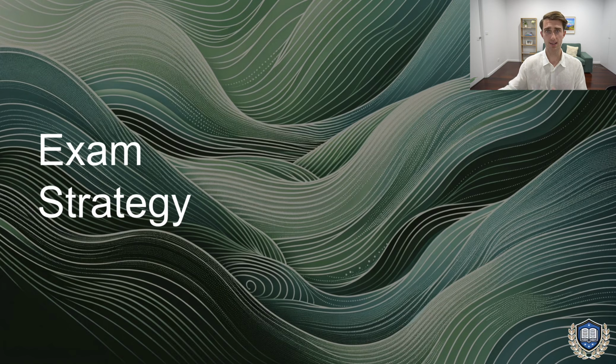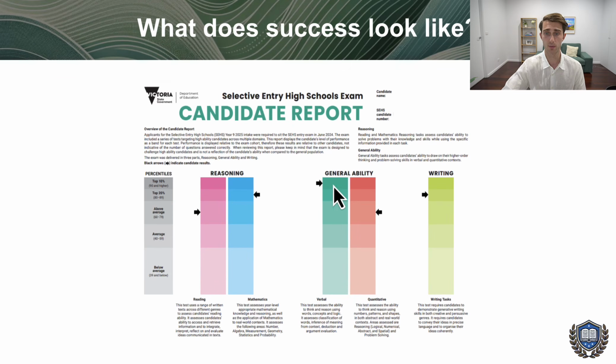Same thing is every single mark on this exam is worth 1 mark. You don't lose any marks for getting questions wrong. And so you want to get all the easy marks first, secure them all, then leave hard ones for the end. Because verbal reasoning is like any section on this exam. You don't need 99% to get in the top 10% of students, which is what we saw we're aiming for. This student here got that. You probably need maybe 80, 90% at the most. And so that means you can afford to skip 5 questions, I'd probably say. You can safely skip 5 questions and leave them till the end.